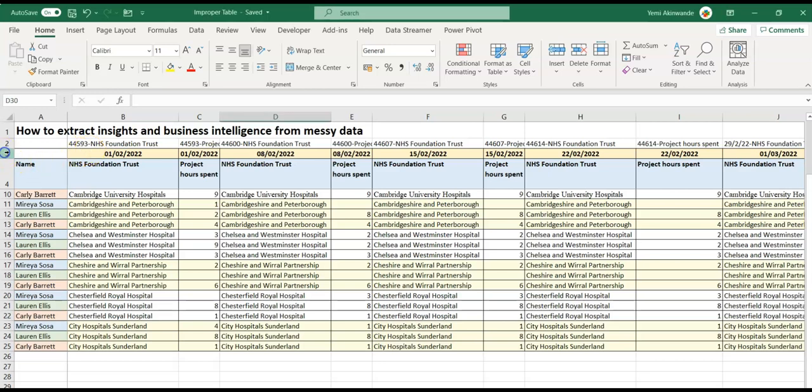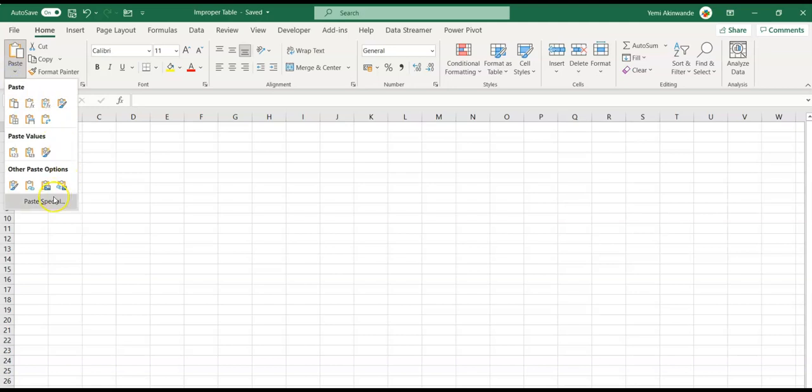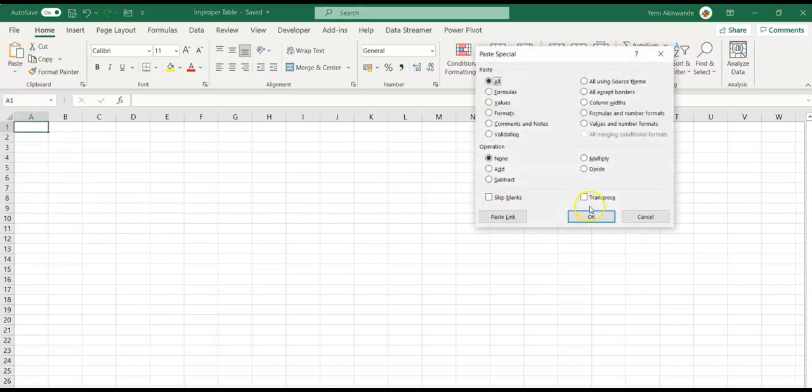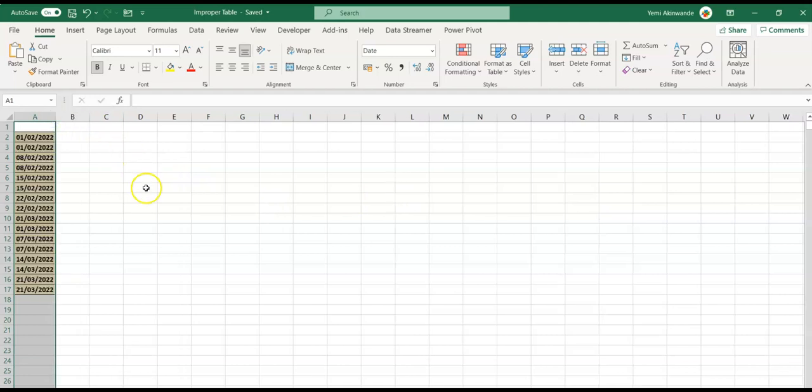Later on, we're going to have to convert these numbers back into dates. So what we need to do at this point is to copy all these dates out, go to a new sheet, and then paste them, or use paste transpose. There we are. Then create another copy of this and then paste it here.